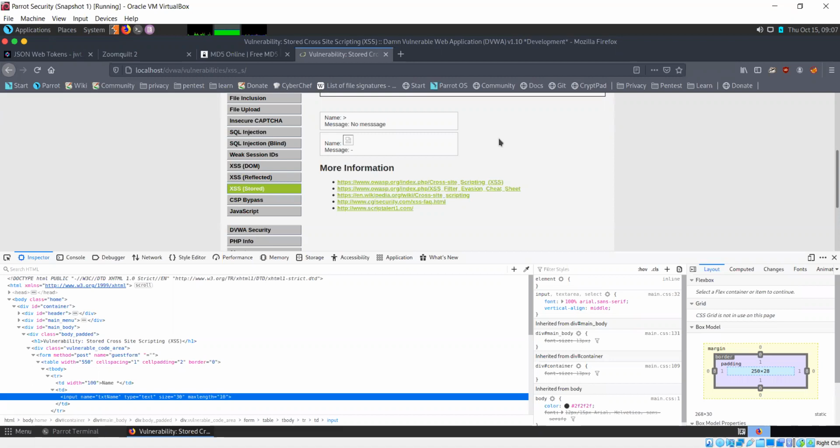So this was stored cross-site scripting. And is it clear to you guys the difference between reflected and stored? Yes, sir. Okay. Good.